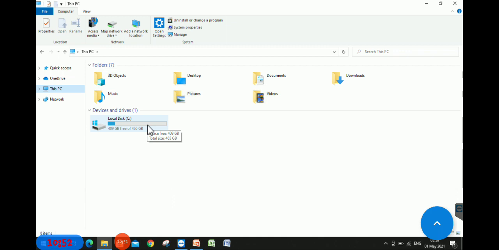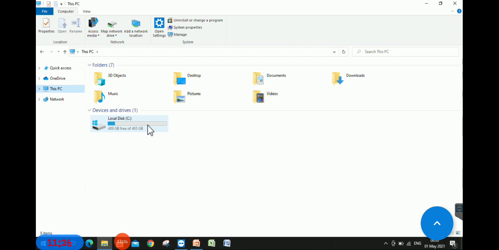Some unnecessary files which have not been used for so many days or months or a year are unnecessarily occupying your memory. So that's why you need to delete them and free up space for other files. This process is known as disk cleanup. If you want to remove some unnecessary files from your hard disk to free up disk space and to help your computer run faster, use the disk cleanup feature.